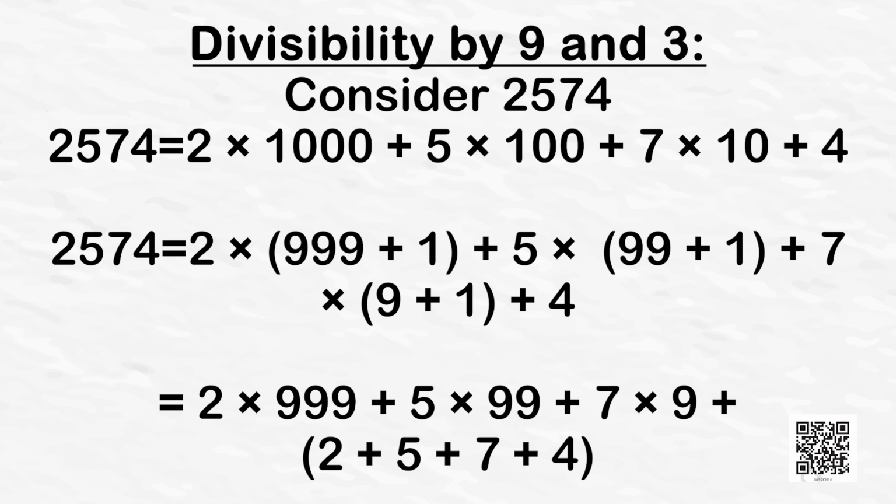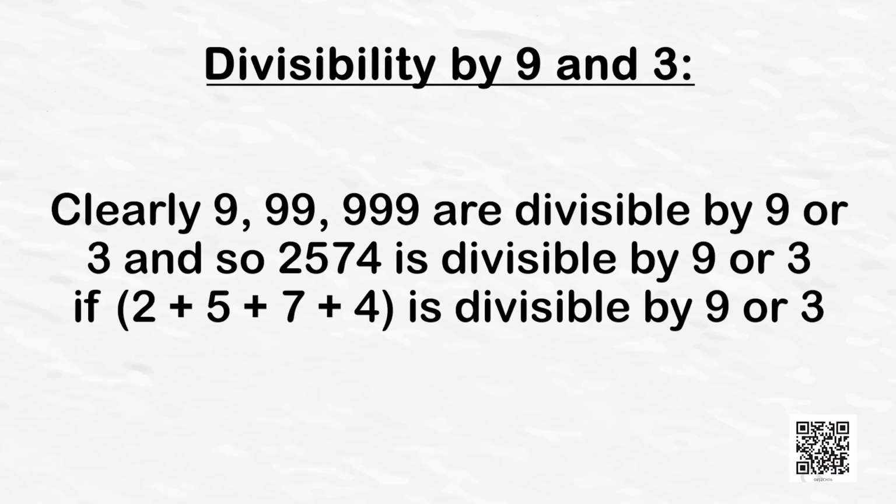So, 2 times 999 we write the same, plus 2 times 1 we get 2, which we will write at the end, plus 5 times 99 we write the same, and so we write 5 times 1 is equal to 5 at the end, and 7 times 9 we write at the initial stage, and 7 times 1 we write at the end. So we get 2 times 999 plus 5 times 99 plus 7 times 9 plus 2 plus 5 plus 7 plus 4. Clearly 9, 99, 999 are divisible by 9 or 3, and so 2574 is divisible by 9 or 3